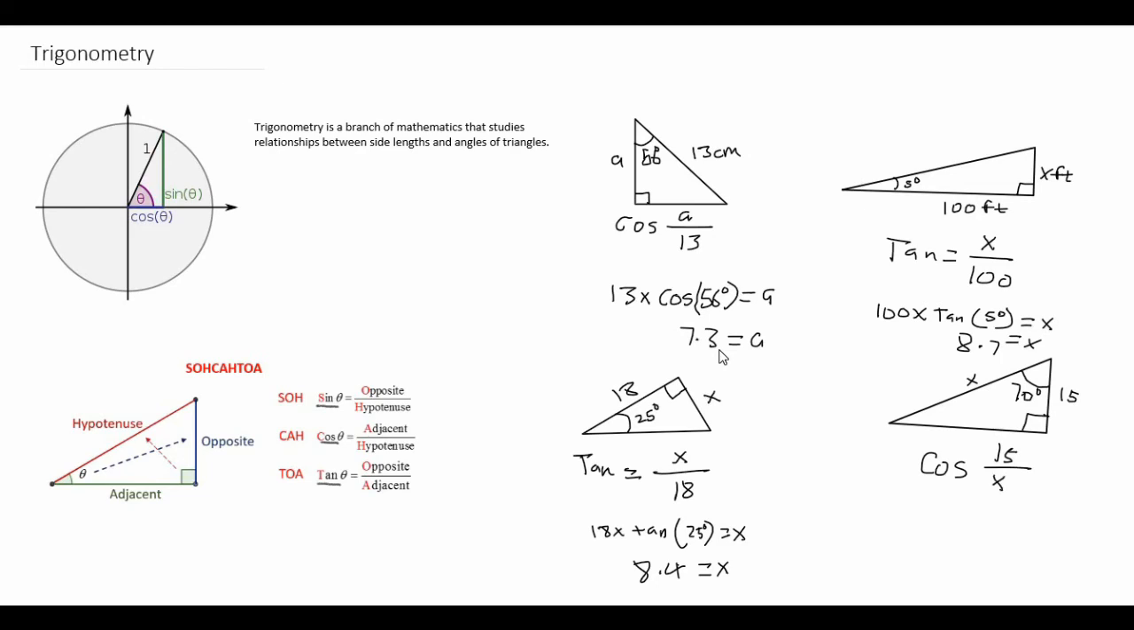Here you'd also need to rearrange the problem, so it would be 15 divided by cosine 70, and that would be x. That would give you the value of x. So the value of x would be